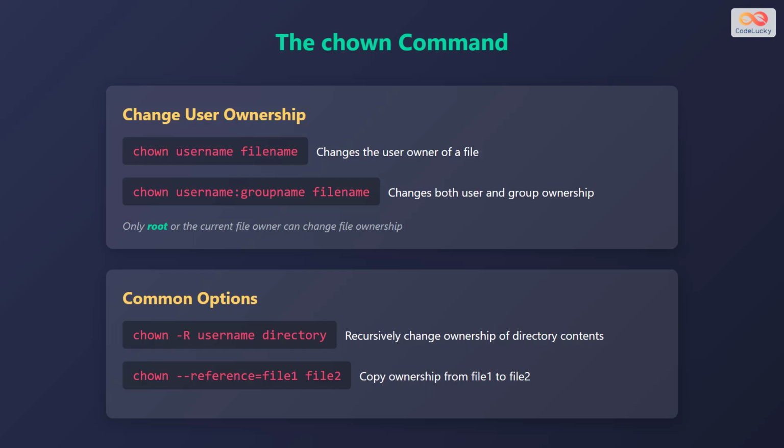Let's learn about the chown command, which is used to change file ownership. To change the user owner of a file, you can use the command chown username filename. To change both the user and group ownership, you can use the command chown username:groupname filename. It's important to note that only the root user, or the current file owner, has the authority to change file